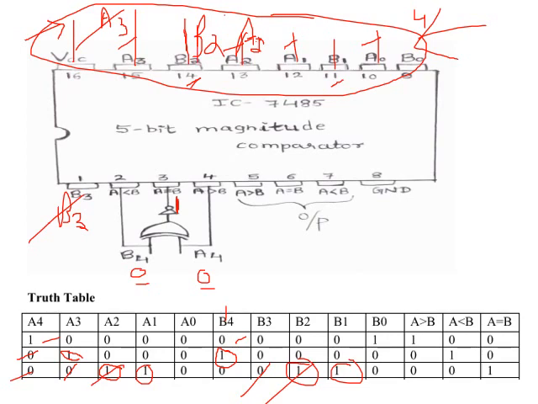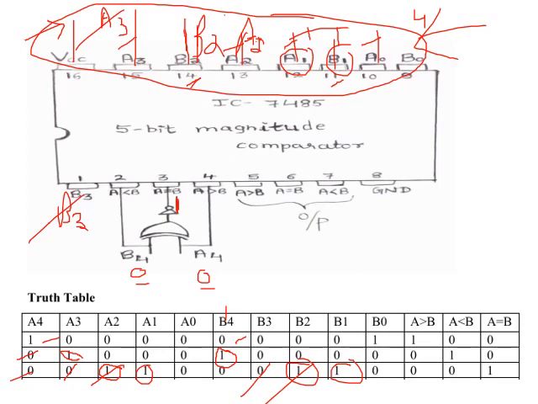Again, when both are 1 and 1, this IC will compare the next MSB, which is A1 followed by B1. Again both are 1 1, right? So till this point the IC is getting all the bits the same. All the bits are same: A4 B4 same, A3 B3 same, A2 B2 same, A1 B1 same.